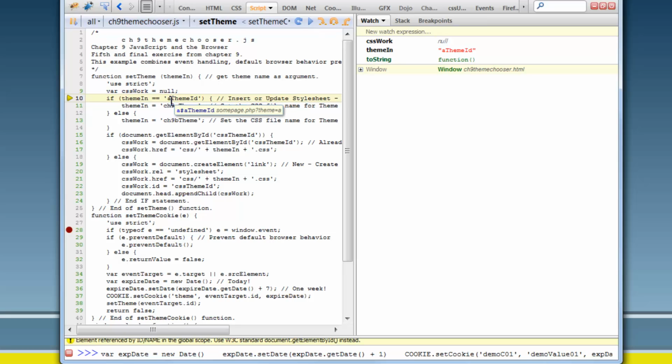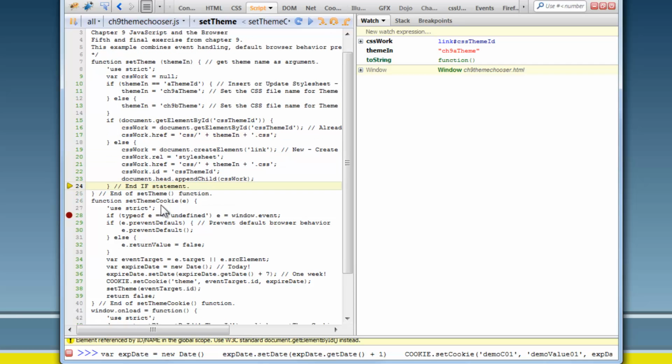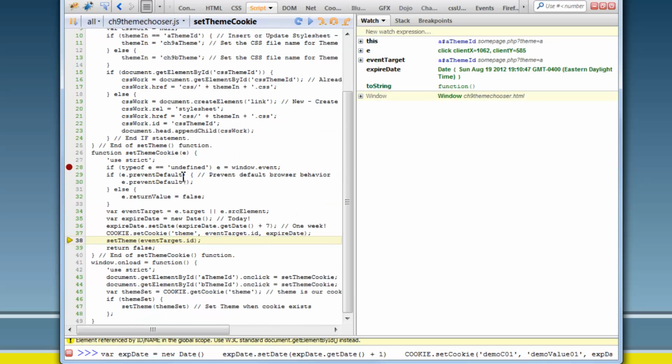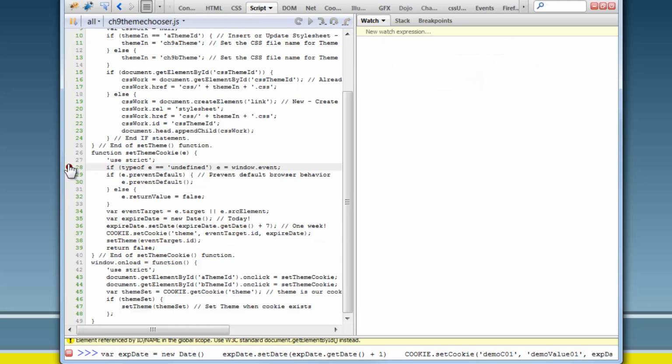So let's pop down here. So it's, right, theme in is a theme ID. So we set it to the chapter 9 a theme CSS file. And we set up our CSS work. A theme was already set, so we're going through these 2 lines of code as opposed to these lines. And we go ahead and set the href property. And there's the end of that if statement. We go ahead and execute the return false, and we're done. I'm going to turn off